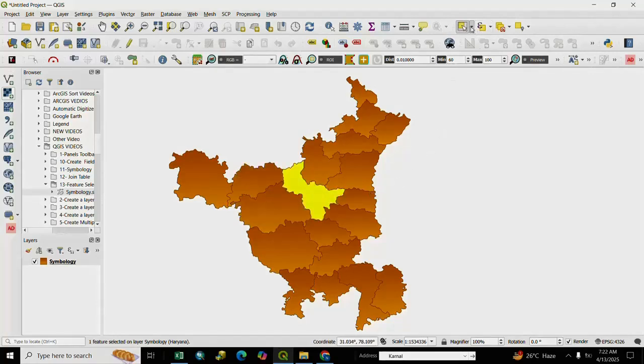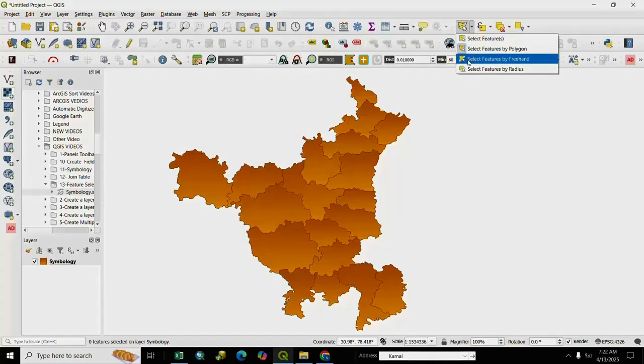If you want to use other, you select by polygon, you click here and we draw a polygon and you right click, your feature is selected, and if you want to unselect it, you go to unselection, click here, your feature is unselected. Again we go to selection and we select here select feature by freehand, you draw a freehand